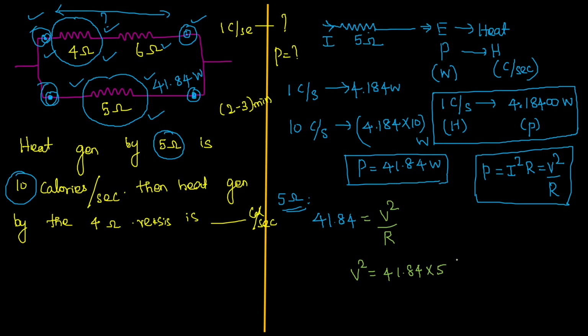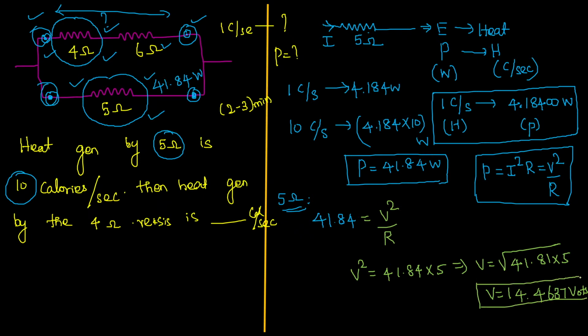From this, if I catch the value of voltage V, it cannot be negative, so I am considering only the positive value, 41.81 into 5. Take your calci, kindly do it by yourself. In my case, I am getting 14.4637 volts. Yes, we found the value of voltage drop across the